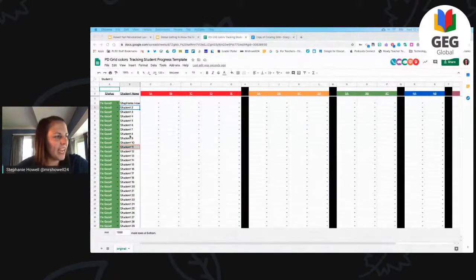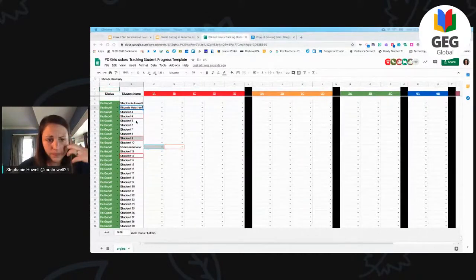But go ahead and pick any number. Don't fight over one. Just pick a number and just add your name. That's the first step. So what my teachers normally do is they will add the student's name. So they usually have a roster with all of their students, and they just copy and paste their class list